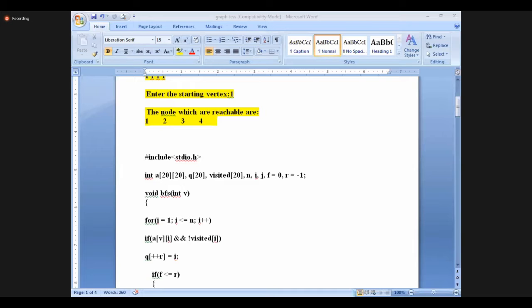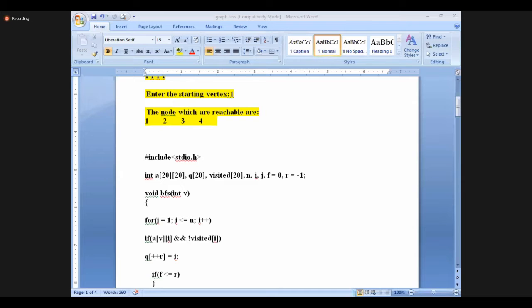After that, we will come to 1 and see what is adjacent to 1. The adjacents are 4, 3, 2. From 1 we will visit 2, and then from 1 you will visit 3, because 3 is also adjacent to 1, after 0, 1, 4.